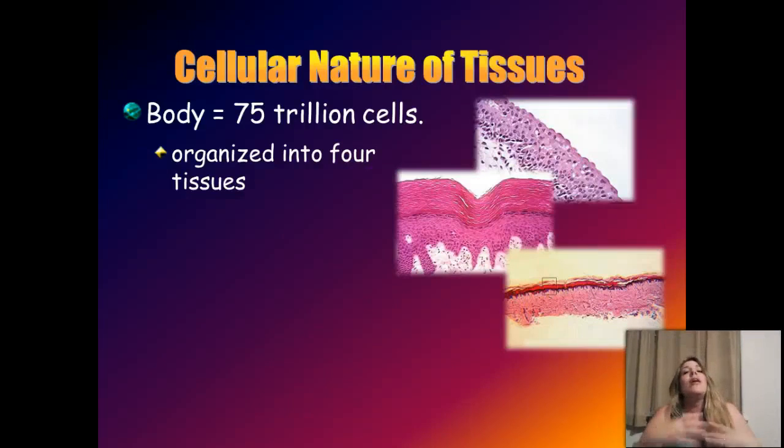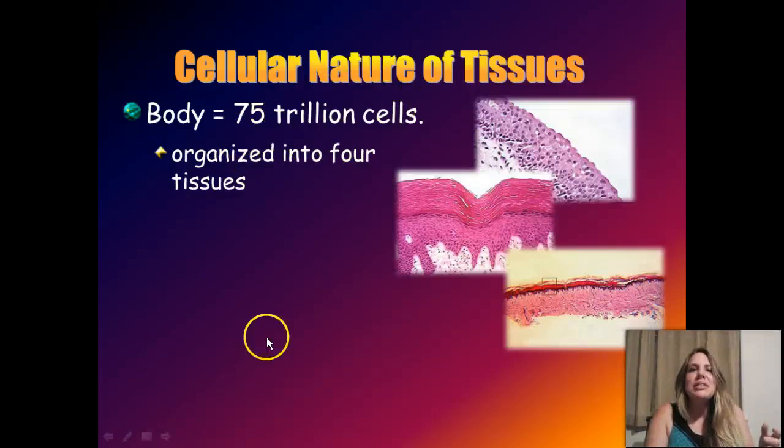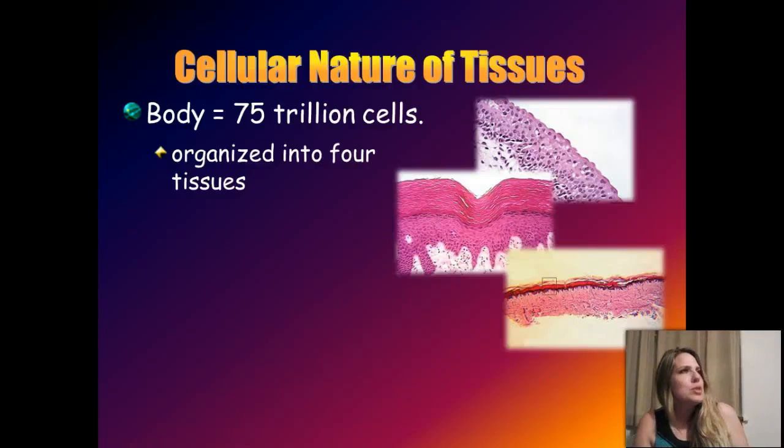Well, first of all, our body has a lot of cells, right? With the exception of some other materials, we're mostly cells. And in fact, there's about 75 trillion cells making you up. 75 trillion. Just put that in perspective of the national debt. Anyway, we can take all these cells and say, okay, how do these cells work together to make an organism